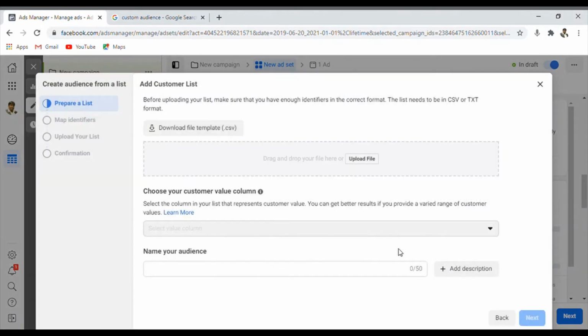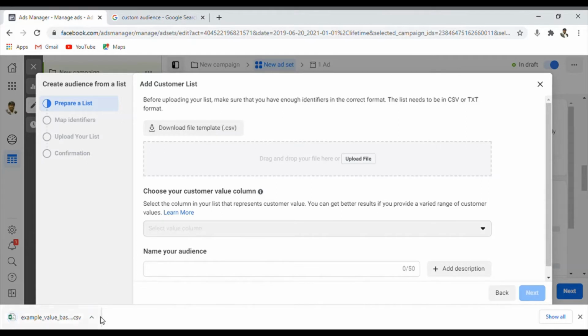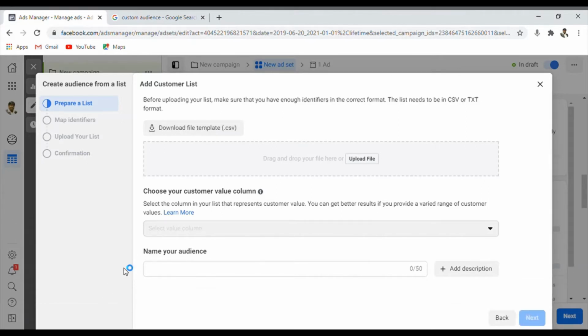I accept that. Now what I'm going to do is download a sample template. When I click on this one, a sample template will be downloaded and I open it as an Excel sheet. I'm not sure whether this Excel sheet data will be recorded or not, so let me try this.